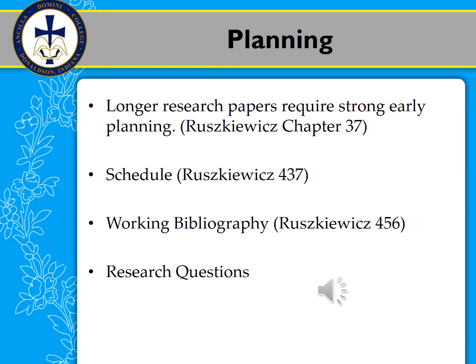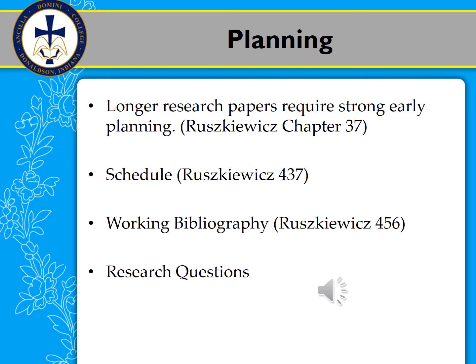You also want to then use a working bibliography. And again, you'll want to look at the page numbers on the slide for where you can find this in the Ruskowitz book, and flip to that page accordingly. Working bibliography is really going to help you with a longer-term project. And again, some students in Writing 1 and other projects get through and they piece things together without really having a big strategy like this, but it's really going to help for this paper if you do use a working bibliography and annotate some sources as you make